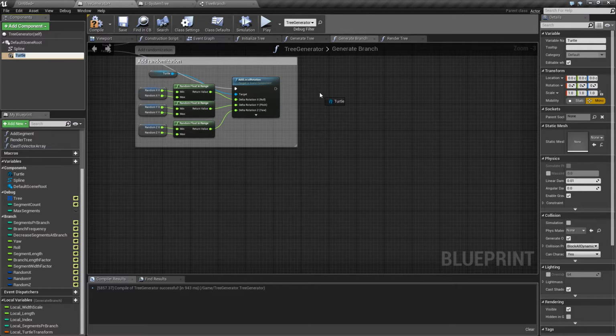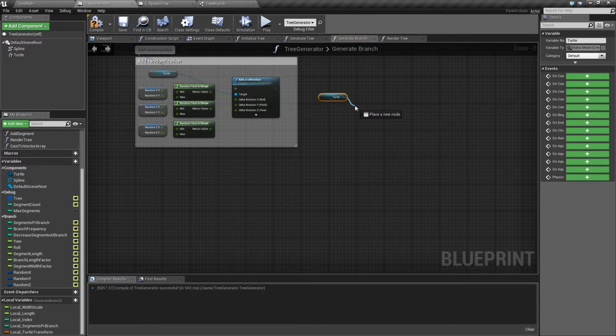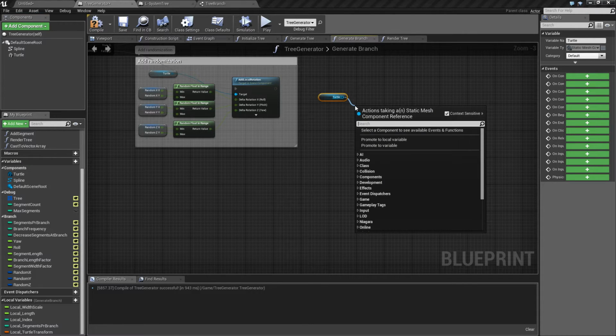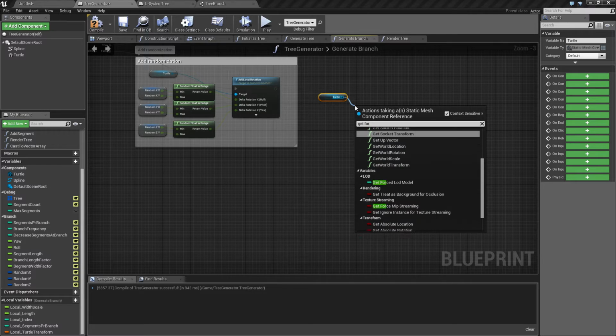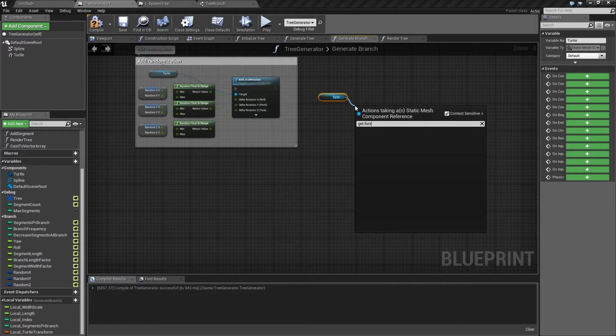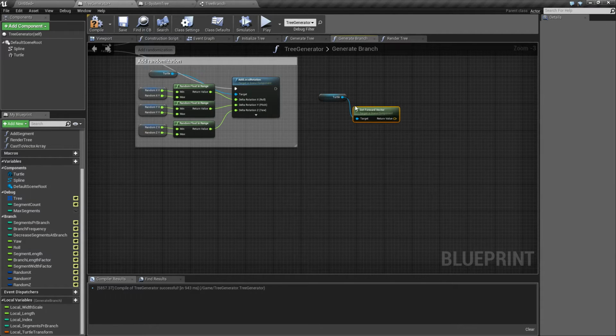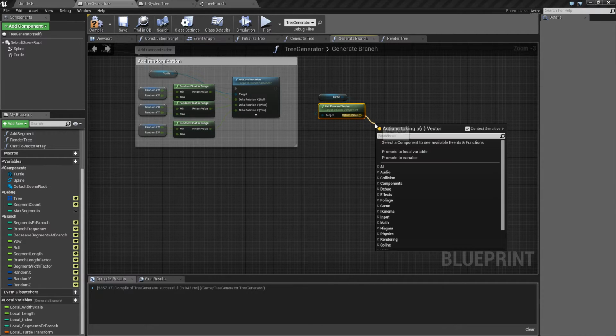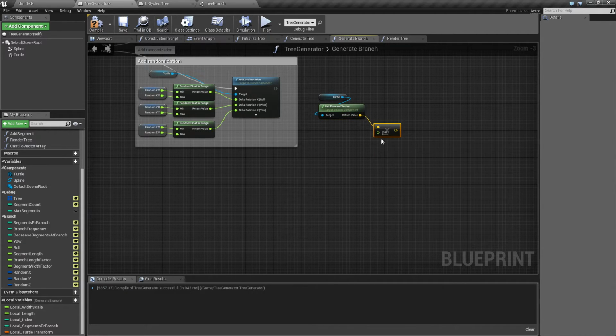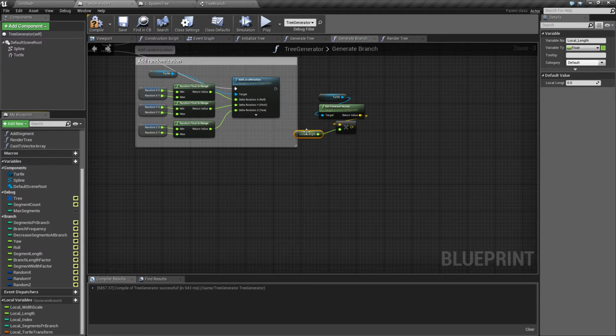So what I want to do here is to get my turtle's forward vector, and I'm gonna multiply that by the length, my local length here, just as I did before actually,